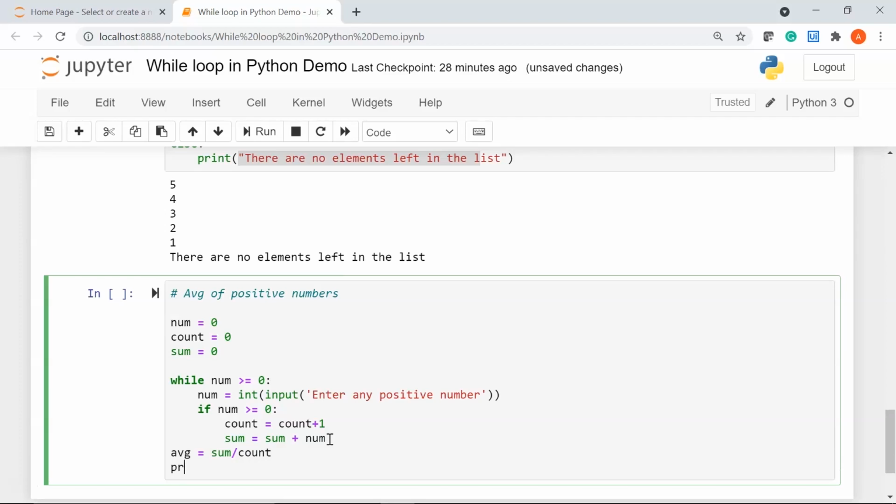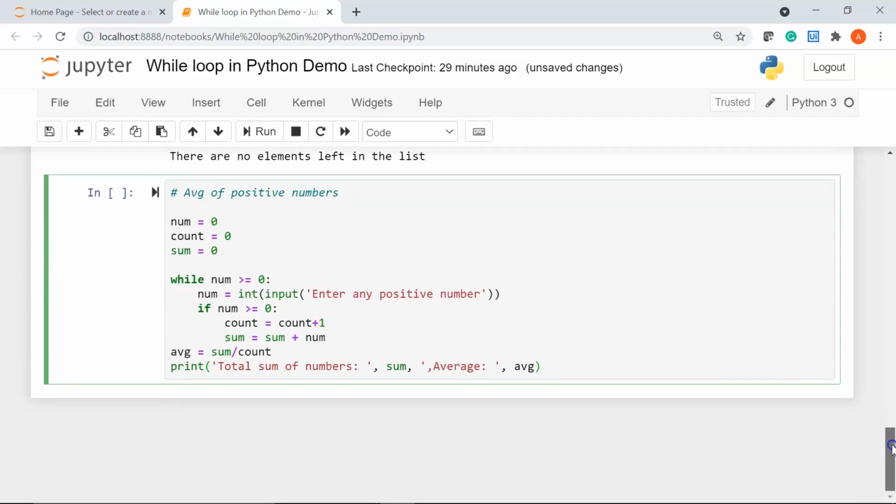Then I'm going to print total sum of numbers, give a colon followed by a space, give a comma, I'll say sum, then I'll say average, give a colon followed by a space, and I'll pass in the variable AVG.